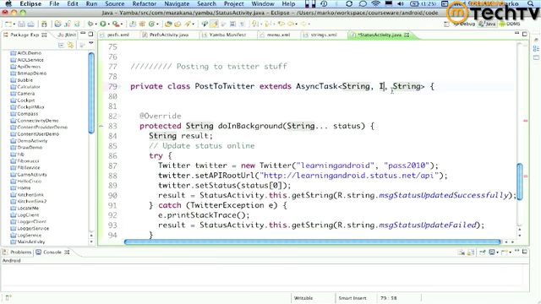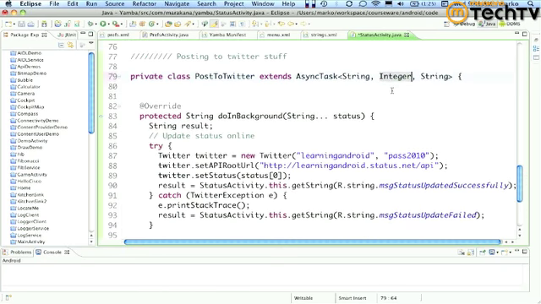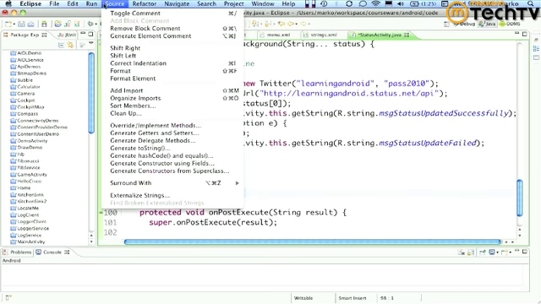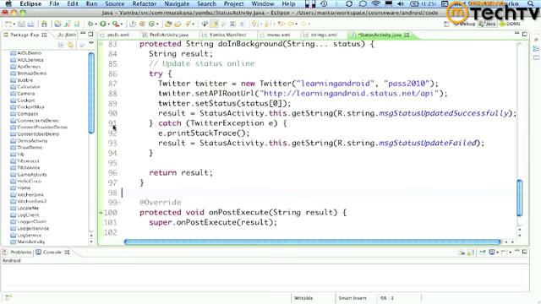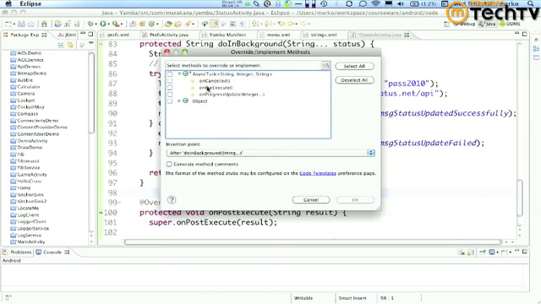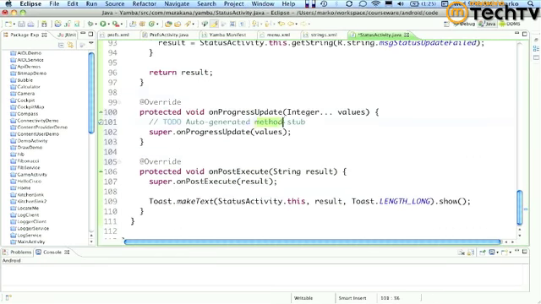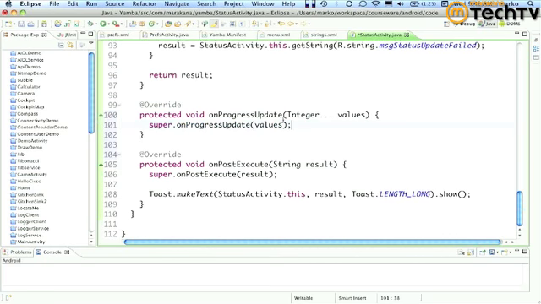So then I would make this integer, and I would then implement that method for progress. And the quickest way to implement methods would be to go source, override implement methods, and see what's available. So there's the on progress update, and it knows that it's an integer, and basically just bam, just drops it in for you. And then you could do something, you know, update